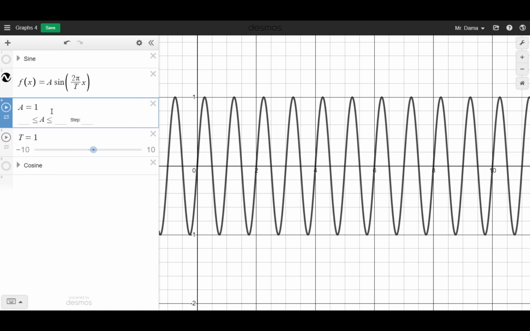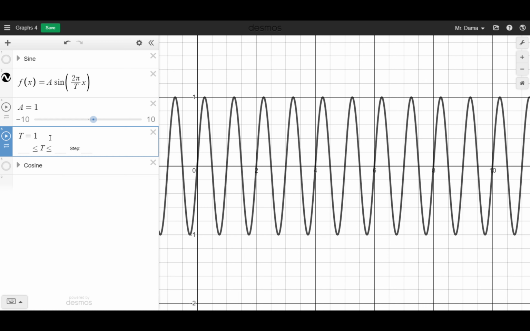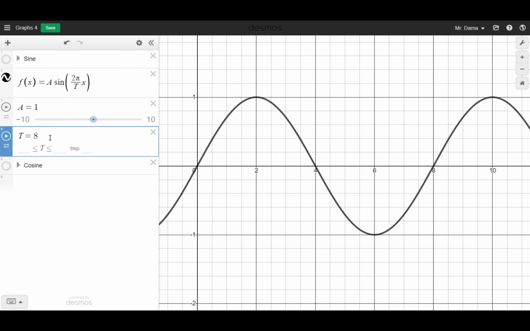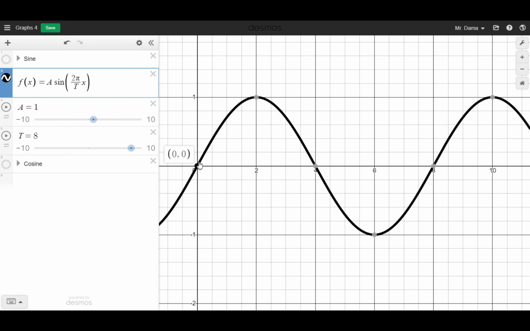But suppose I said A is 1, that's fine, and t, I want the whole thing to repeat every 8. Look at this. It starts at 0, 0, goes up, goes down, and goes back up, and finishes by 8. How cool is that? Just that equation, 2 variables